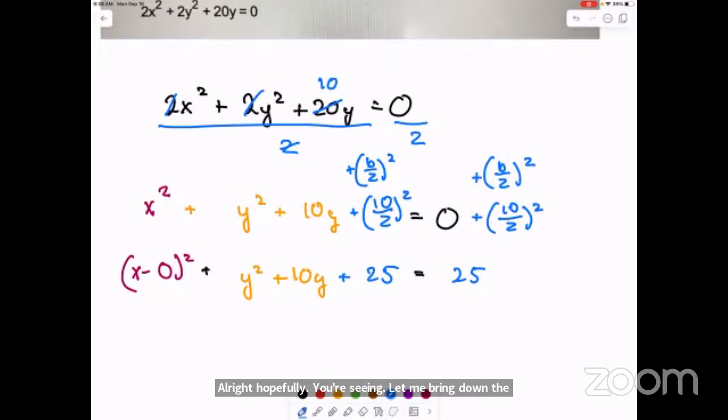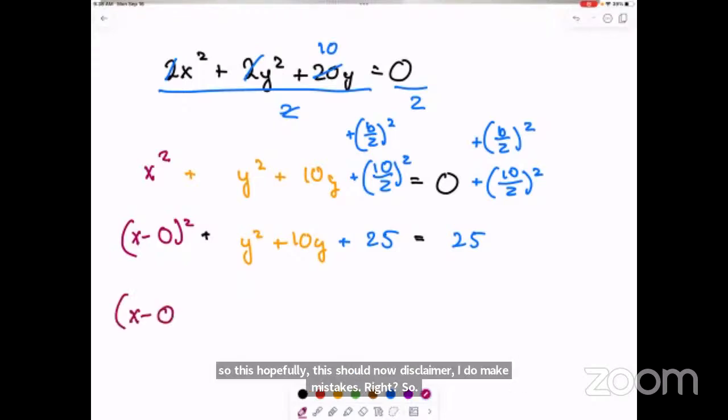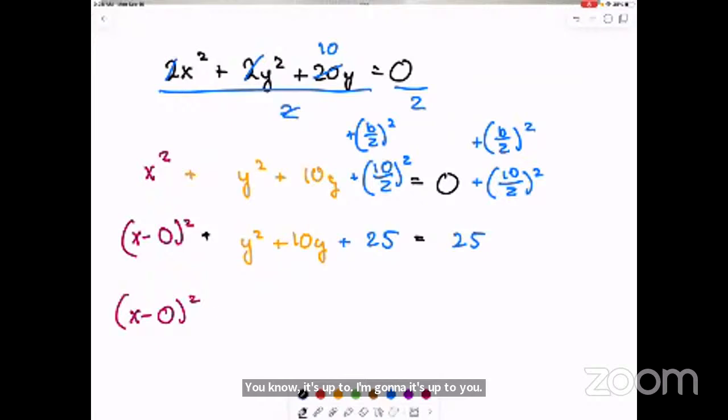Now, disclaimer: I do make mistakes, so it's up to you to check and make sure it's correct. I don't want to be like, well, we did this together and you got it wrong. I'm a spiritual being having a human experience like everybody else. I still make mistakes. But again, you get unlimited attempts, there's always a way.